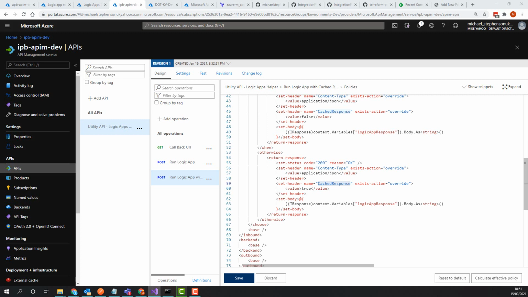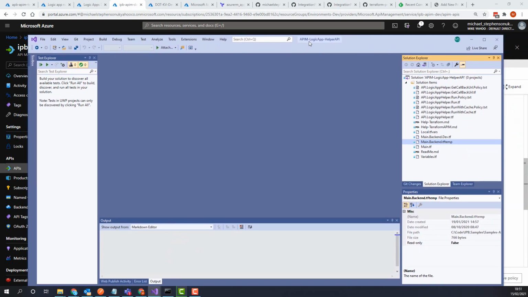So video number 2. We've had a look at the video earlier about logic app caching and how we used APIM configured to cache responses and basically take some of the load off calling downstream logic apps to integrate into systems, if it's a repeated scenario where we can cache it. So what I want to do this time is have a look at how we build that API in API